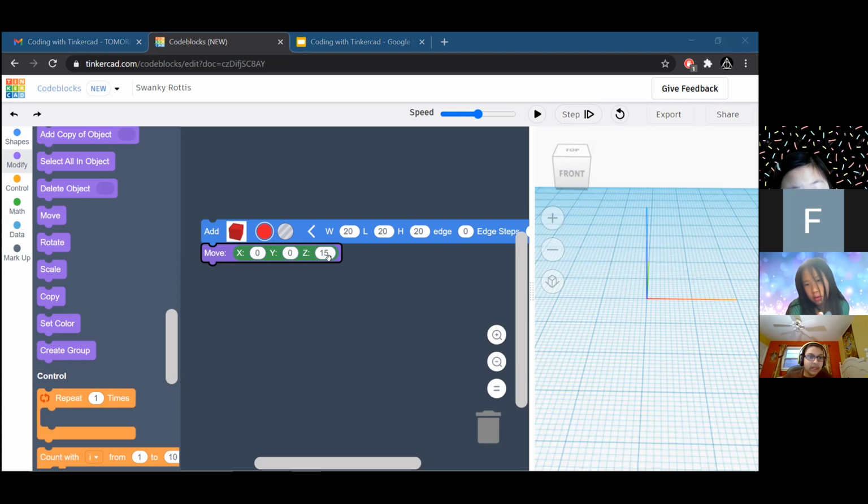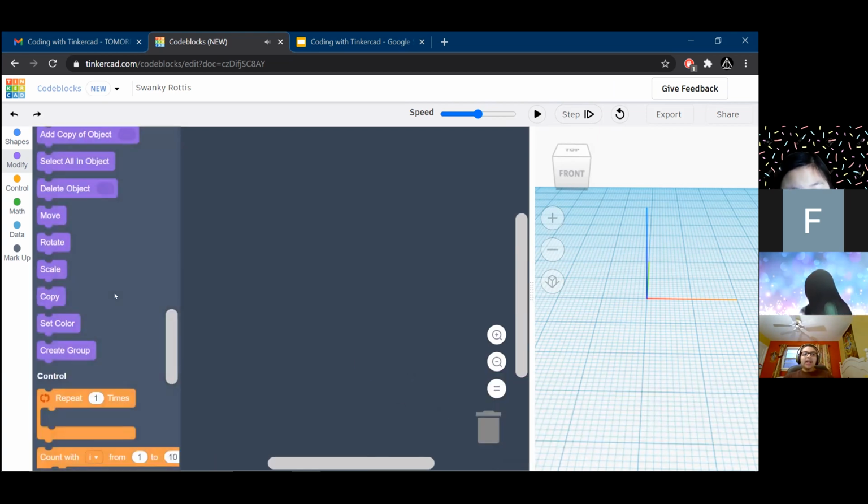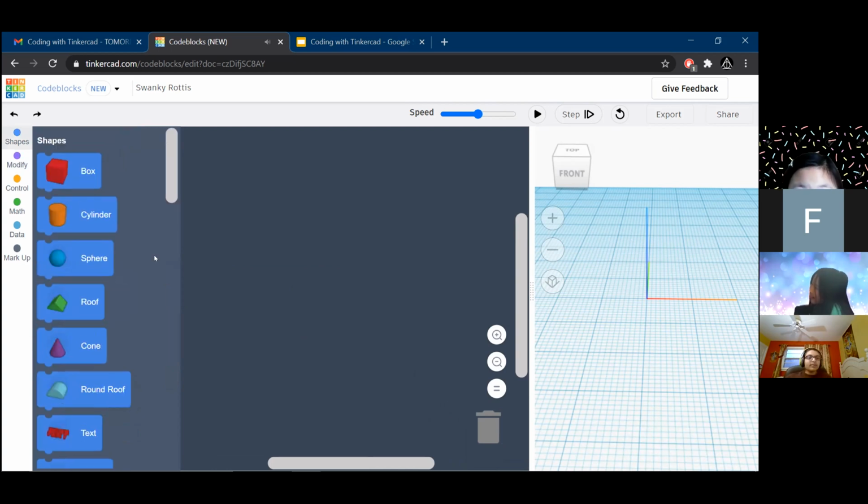Okay, let's back up a little bit. To actually get a shape onto this box, we have to drag over one of these blocks on the left side. You can see that they all have little indents and little things sticking out. They're almost like puzzle pieces, so they fit together like puzzle pieces.